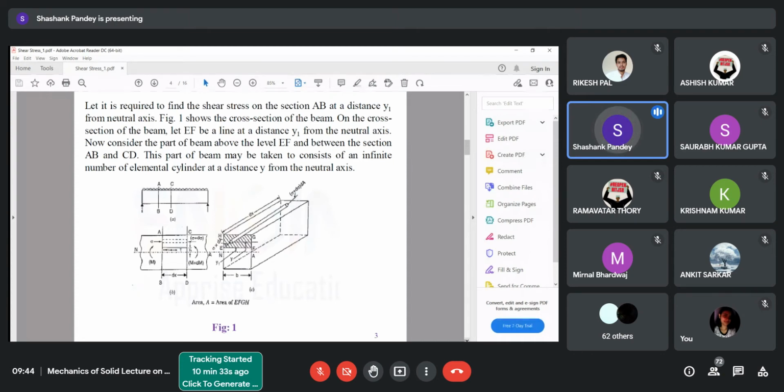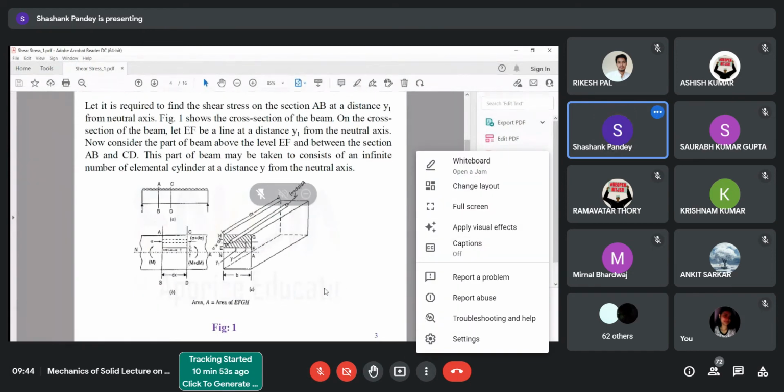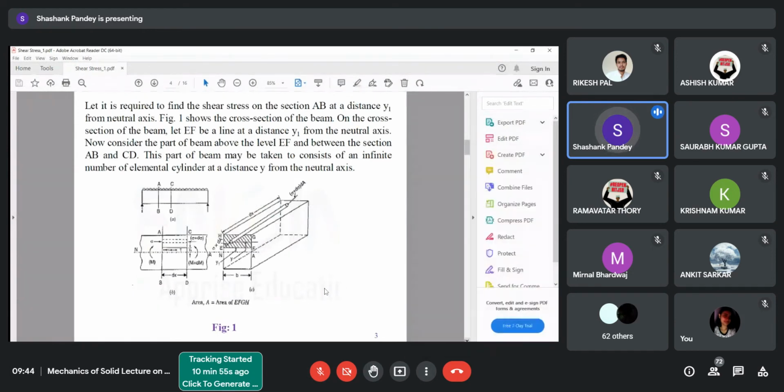So the principle is very much simple. We all know this. We will only balance all the forces and all the moments, and the net unbalanced force or unbalanced moment will be the resisting force which the beam will develop, and because of which failure will be prevented.